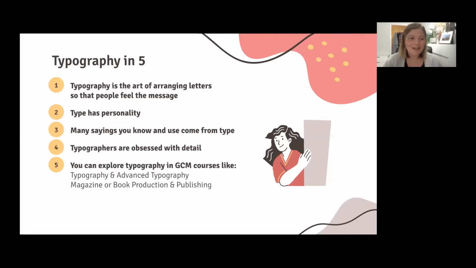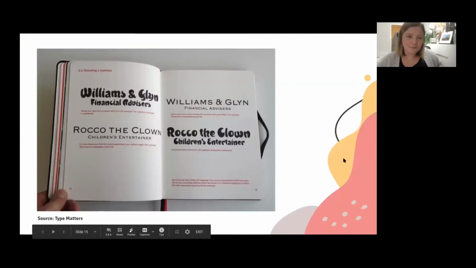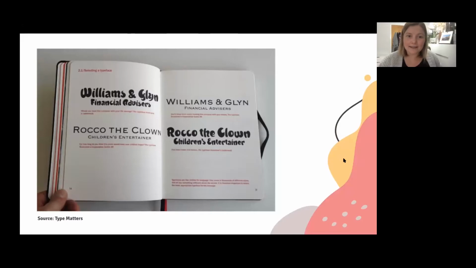The other thing that I wanted to share with you is type has a personality, and Jay's going to show you a little picture from a book called Type Matters. And so here you see, just by changing the typeface of this particular company name, right? So this is like a little company name, like a plaque. You could see how you could really change the meaning and confuse people, right?